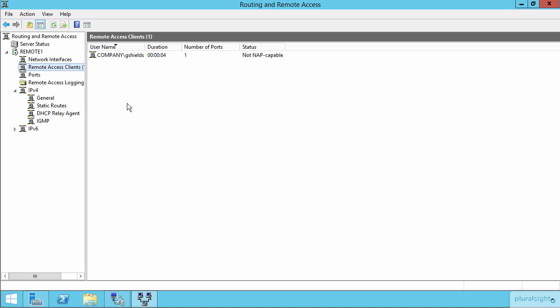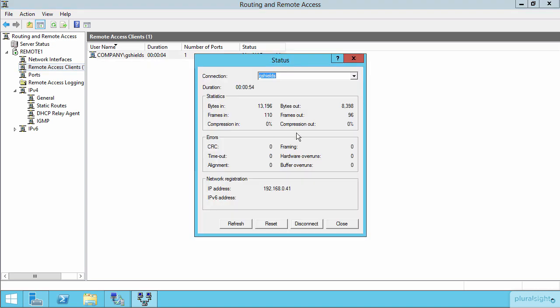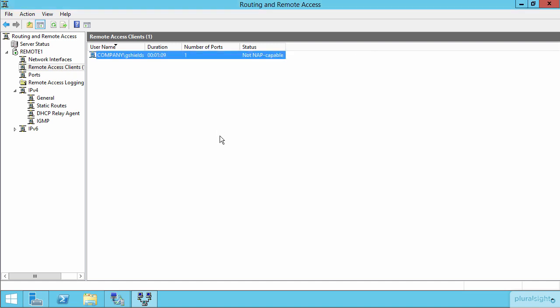If you take a look here at the list of remote access clients currently connected into this server, we can see that company G Shields on that machine is connected up, has been for about 4 minutes here. And if I take a look at the statistics here, there's just some basic data associated with that connection. So this gives me a feel for just who is connected up here into the server and what amount of data is being transferred back and forth. I can also over here under ports identify which protocol is being used for getting that client connected up here